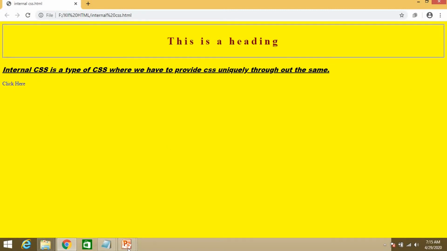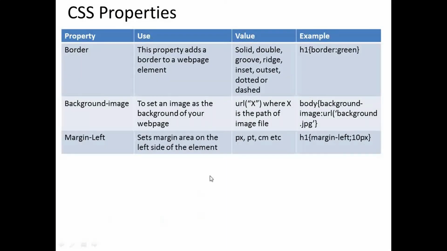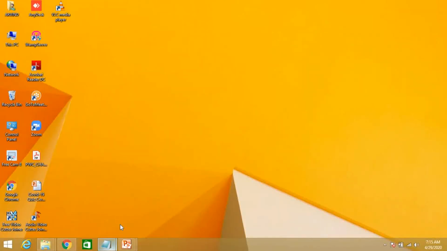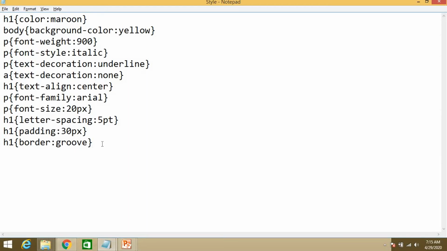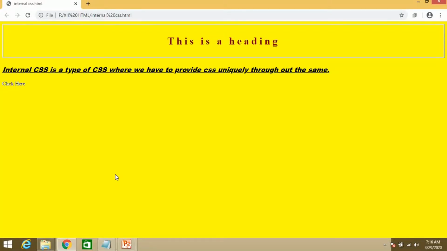It will look like this. What is the next? Next is ridge. Just apply this, ridge. Save this and see the effect of this. It will look like this.